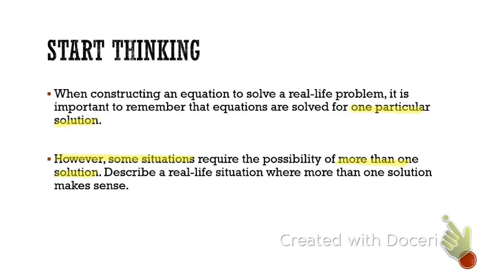It's 18, right? So a real life situation where more than one solution makes sense, well, is there more than one age that's an acceptable voting age, right? You can be 20, that's at least 18. You can be 25, you can be 30, and you could list off a bunch of ages, right? That would make that situation